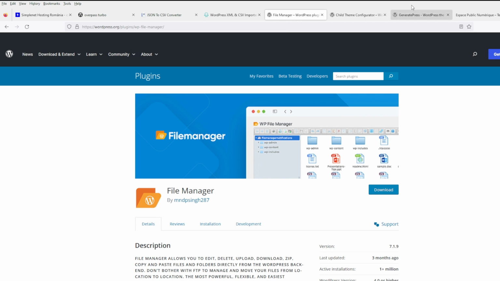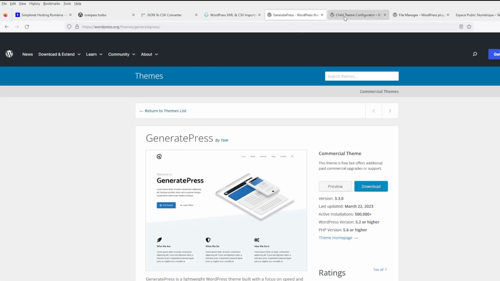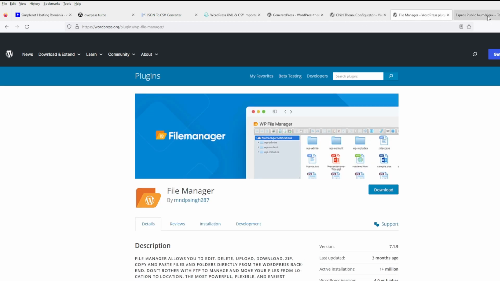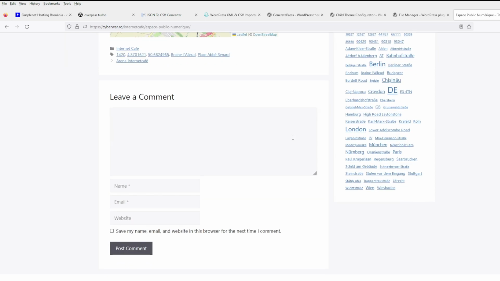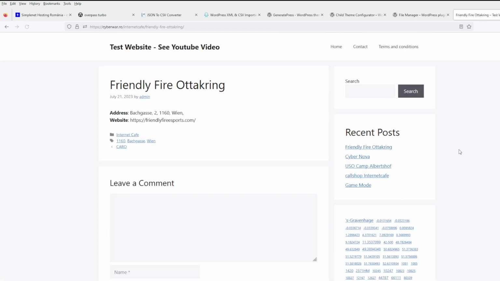Then we install the theme. We use the child theme configurator to make a theme. Then we use file manager to edit the child theme. And in the end, this is the result. So that's about it. If you want to see how all that was done,